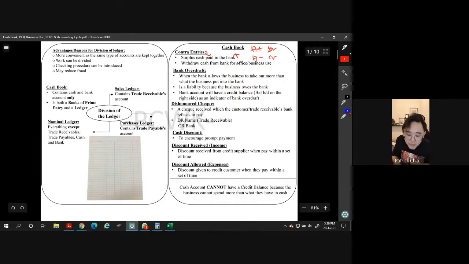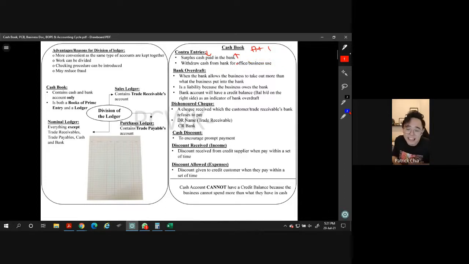All right. Next thing is you need to know the bank overdraft. If they say there's a bank overdraft, then what you should do. Technically our balance will be negative, under the CR side for bank overdraft. Because now we take out too much. You take out too much, we are owing the bank. All right, so I guess all these things are no problem. Okay, so I'm going to remove all these things first.